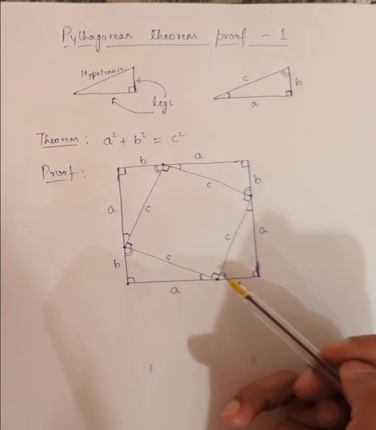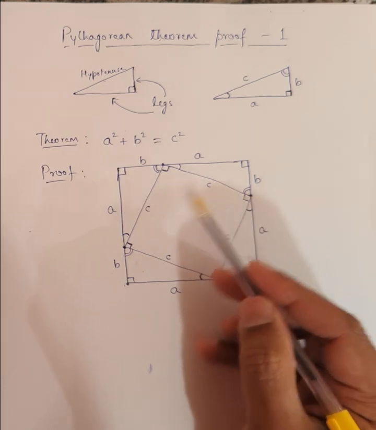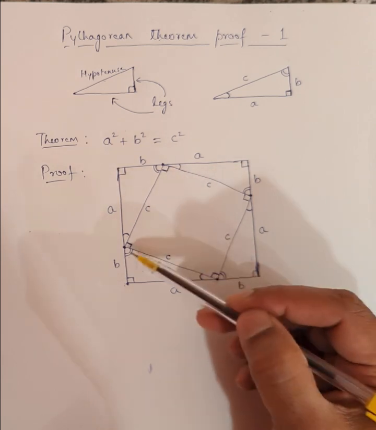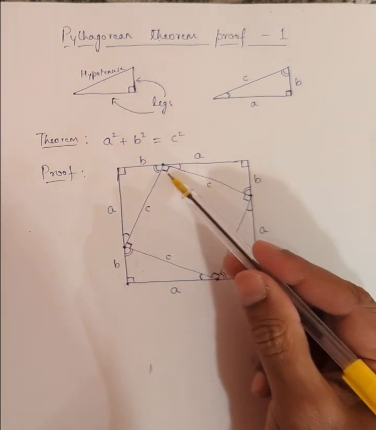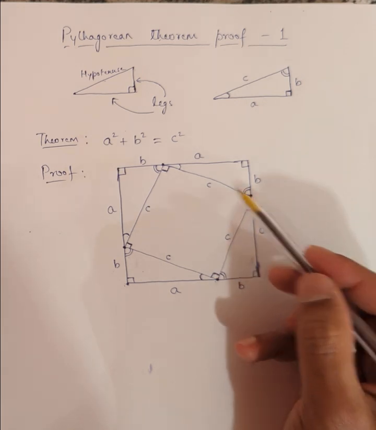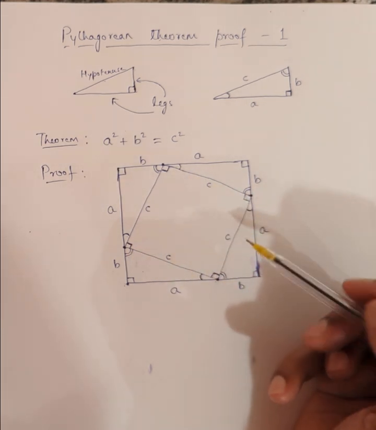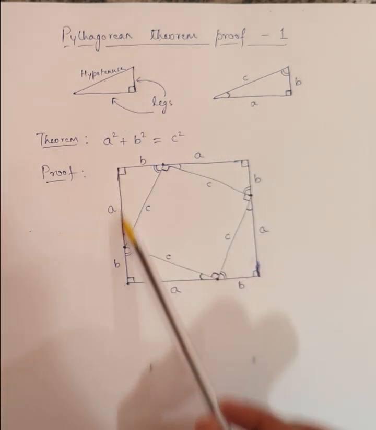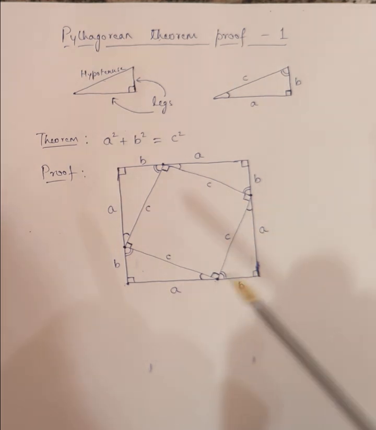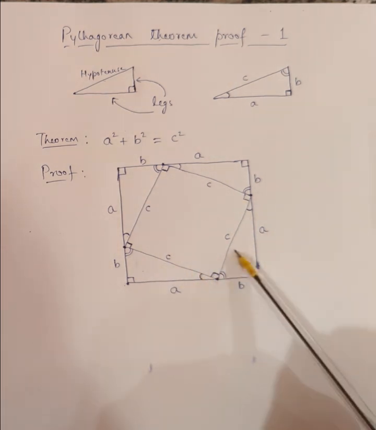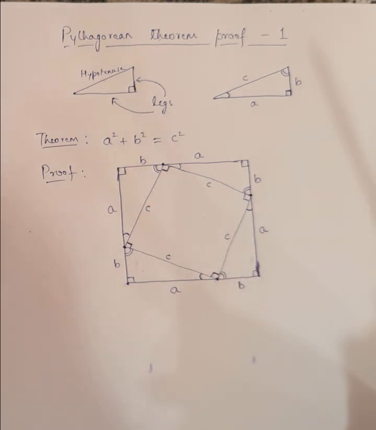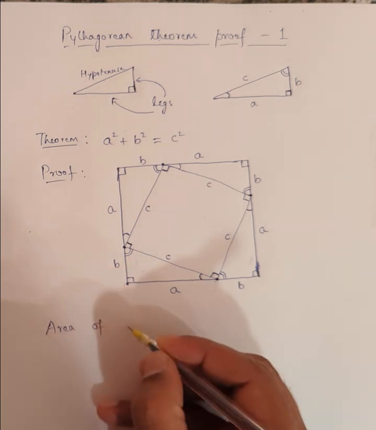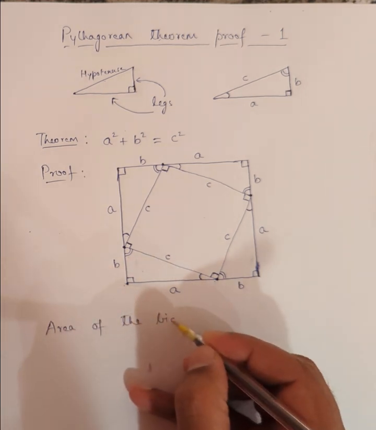This shape, this 4-sided figure, it already has equal sides. But now we know that they are equal angles as well, and they're all right angles, which means this is also a square. So what we have done is we have taken a big square and inside we constructed 4 right triangles and a square. So if I look at the area of the big square, so let me write down area of the big square